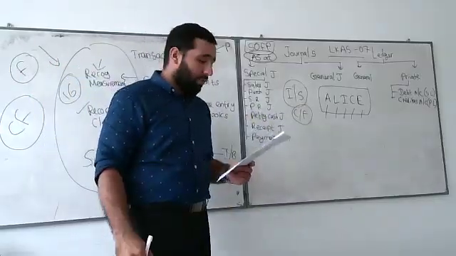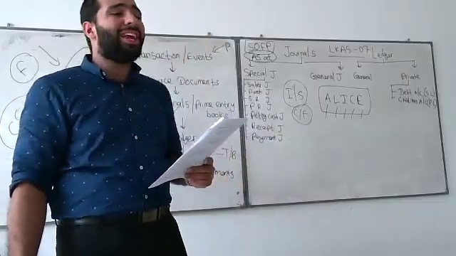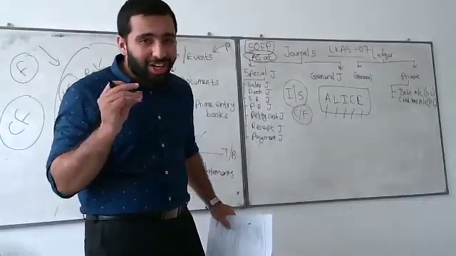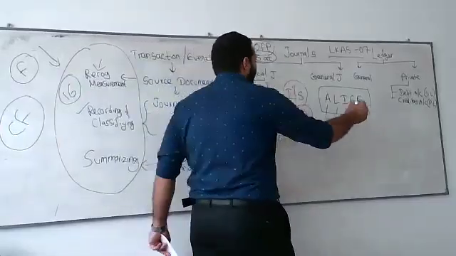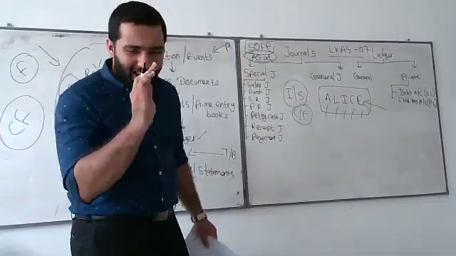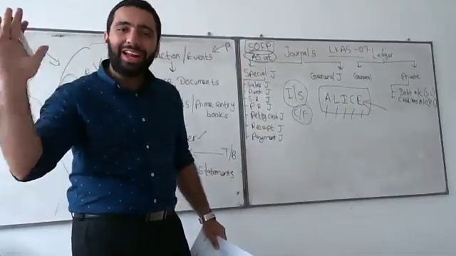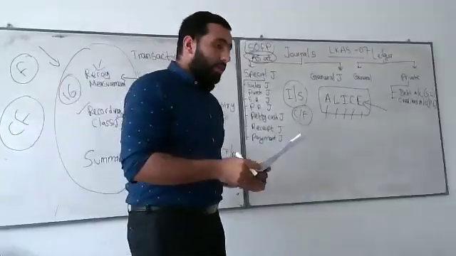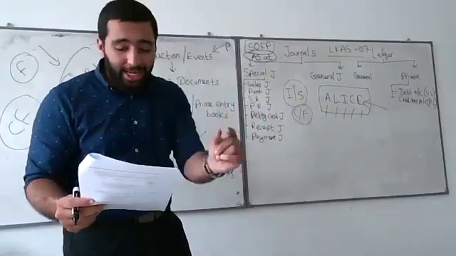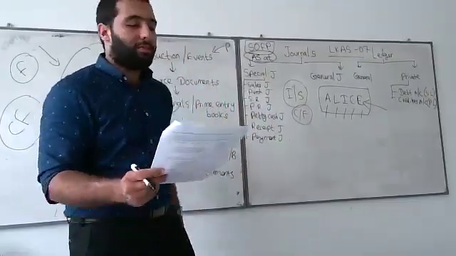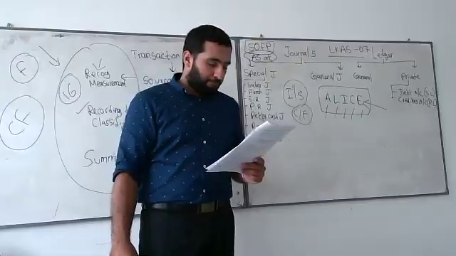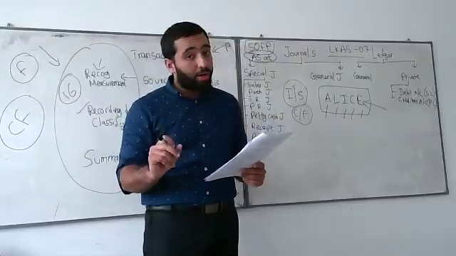What are the elements of accounting? What are the elements of financial statement? Very easy. I taught you. I gave you a shortcut. What is that shortcut? Yes, ALICE is your shortcut. These are the elements. Assets, liabilities, income, capital, and expenses. So make sure you write it in full form. Assets, liabilities, income, capital, and expenses. Right? Very important. These are the elements.